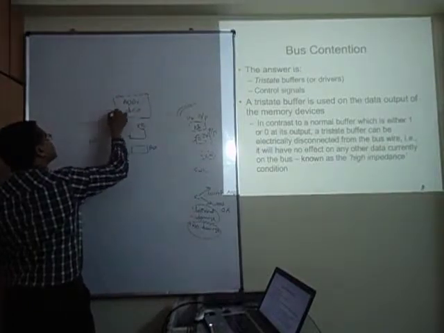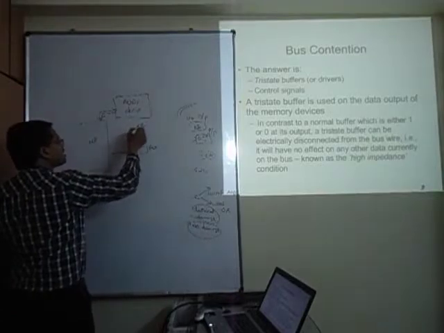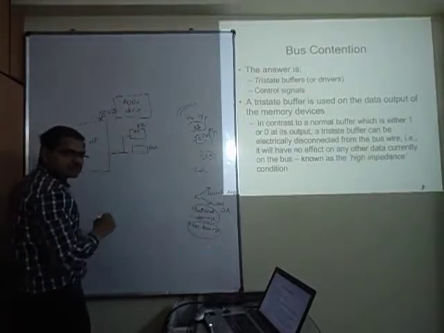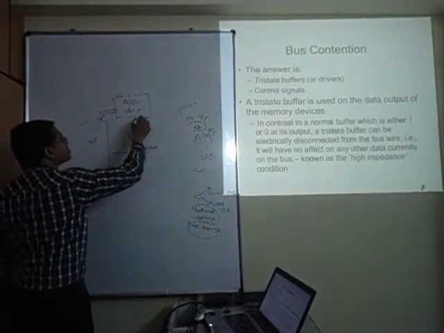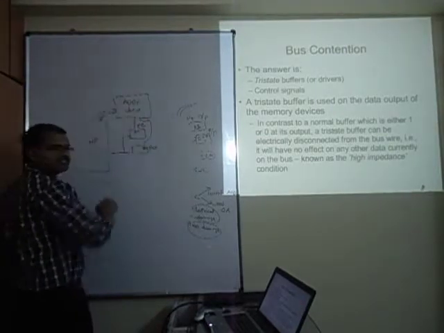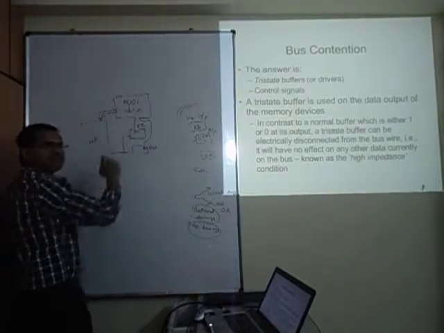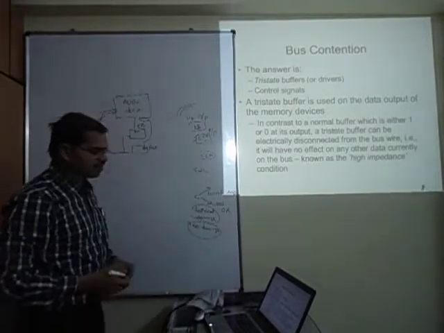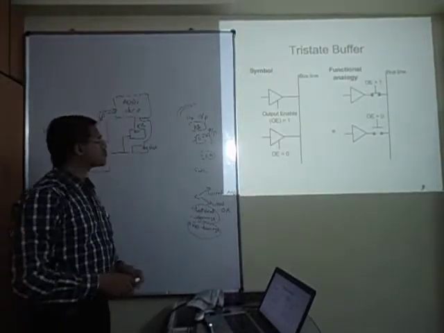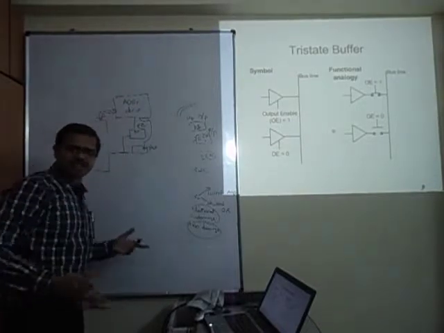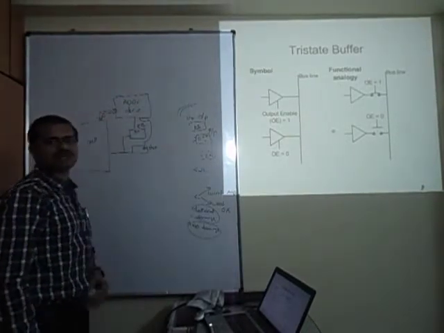There will be some address for these two peripherals. What happens is, there will be one enable line for this, and another enable line for this. So these two will be different enable lines. And this fellow will ensure that when this is enabled, this is disabled. When this is enabled, this will be disabled. That is how tri-state buffers work. It can drive n number of things. Now there is no problem. You can have not only 2 in parallel, 10 parallel things also you can do.